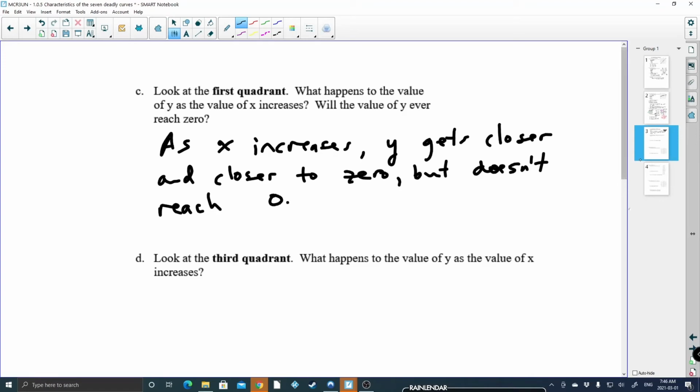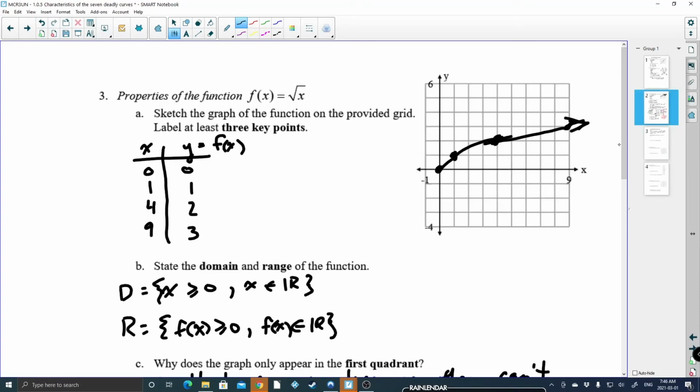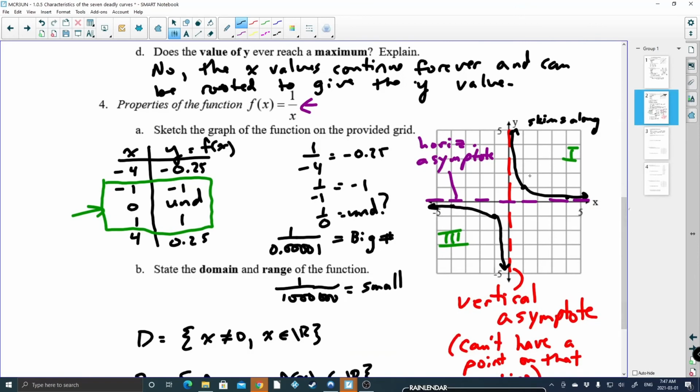So that's in the first quadrant. So if I go back to the graph here, right here, as x increases, the y value gets smaller and smaller and smaller and smaller, but it never actually